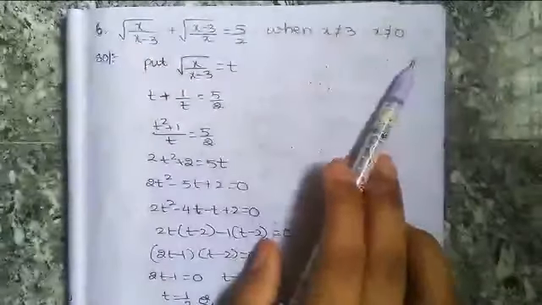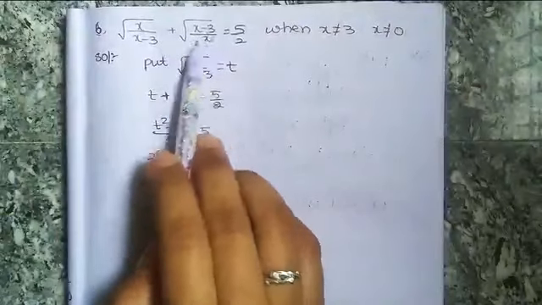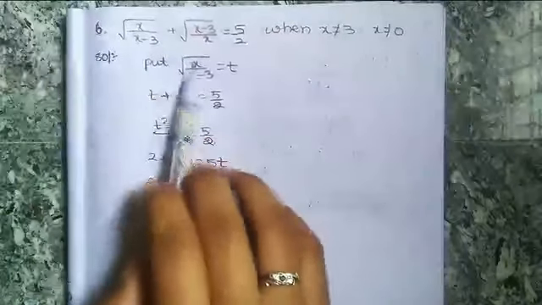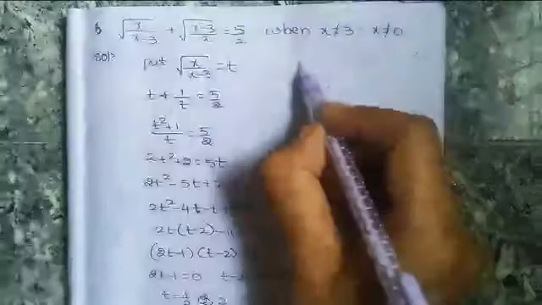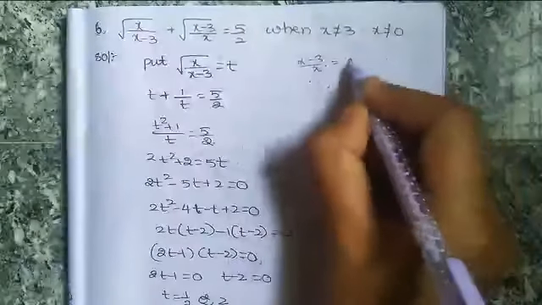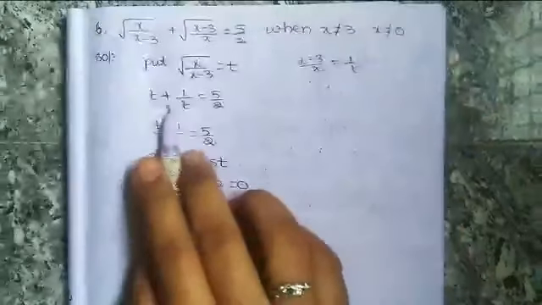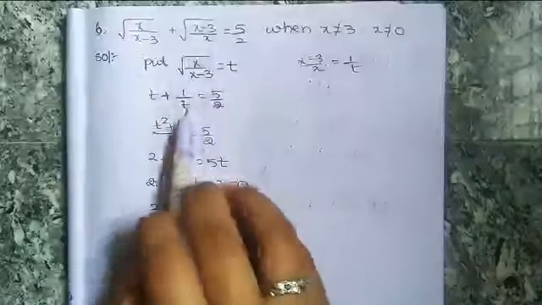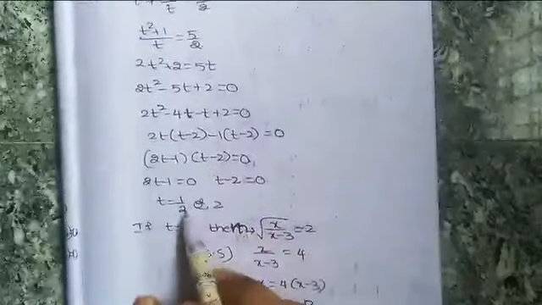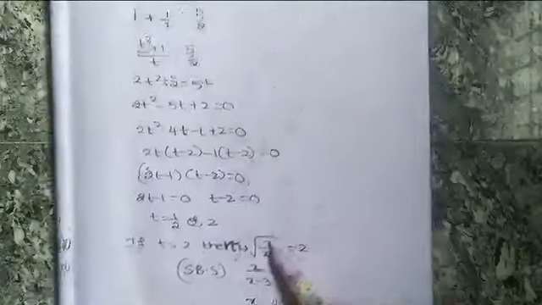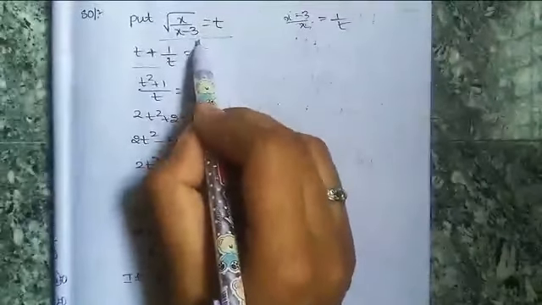This is the sixth problem. It is also like x by x minus 3, but here x minus 3 by x. So taking root over x divided by x minus 3 is equal to t. Then what will be root of x minus 3 divided by x? It will be 1 by t, because the numerator and denominator interchange. So t plus 1 by t is equal to 5 by 2. Then we will get a quadratic equation, and then we have to find the two roots and substitute them here, because we took t is equal to root over x divided by x minus 3.